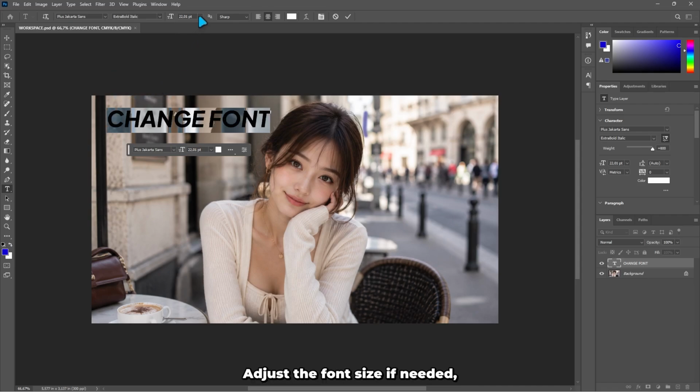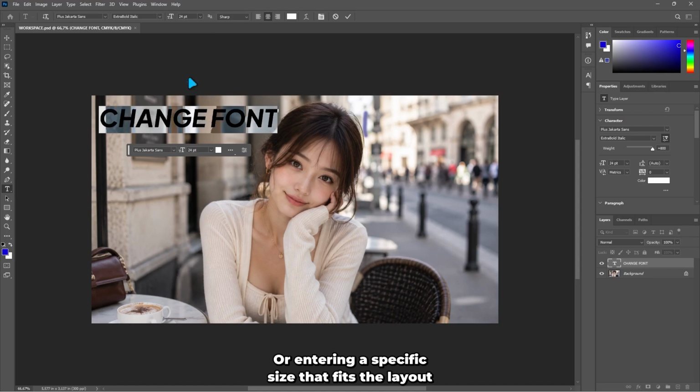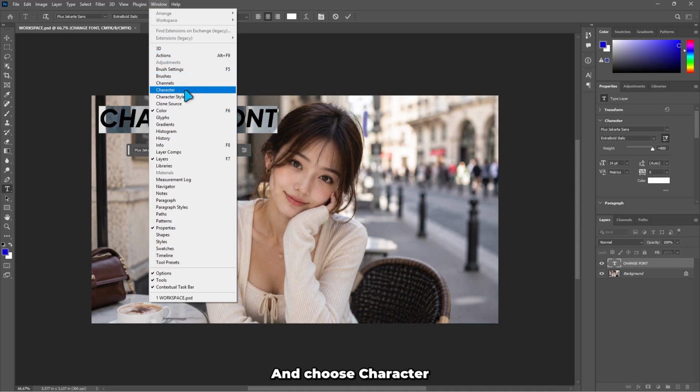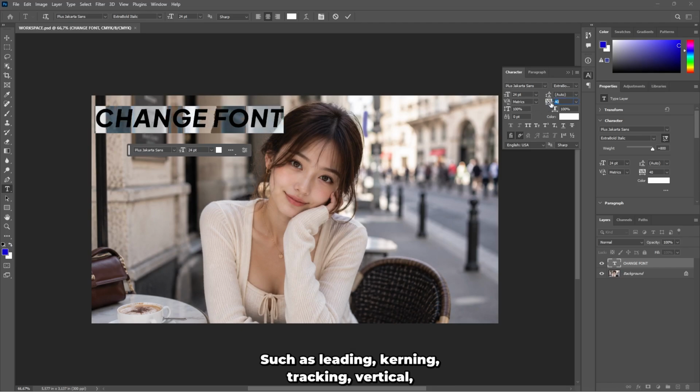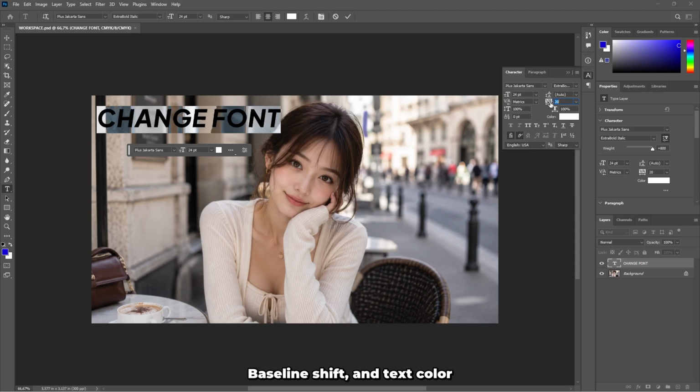Adjust the font size if needed, either by selecting a preset value or entering a specific size that fits the layout. For more detailed controls, you can optionally open the Window menu and choose Character. Use the Character panel to refine additional text settings such as leading, kerning, tracking, vertical or horizontal scale, baseline shift,